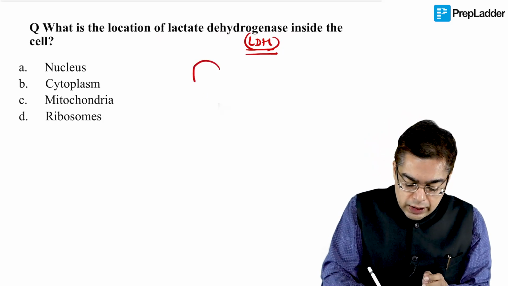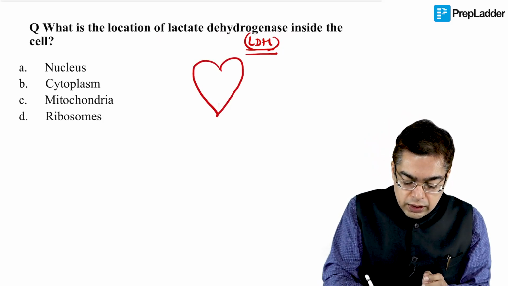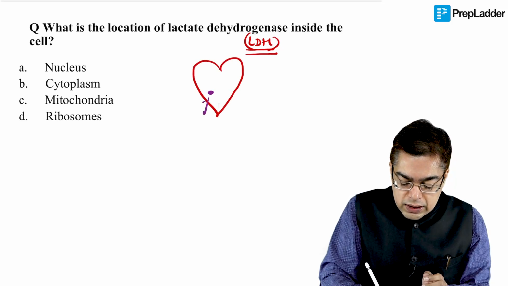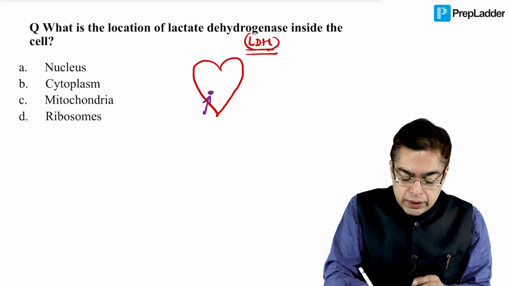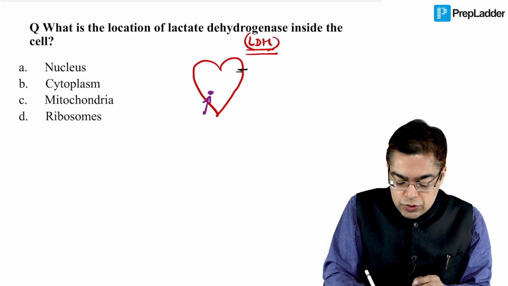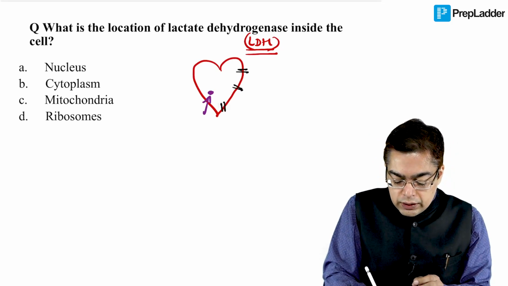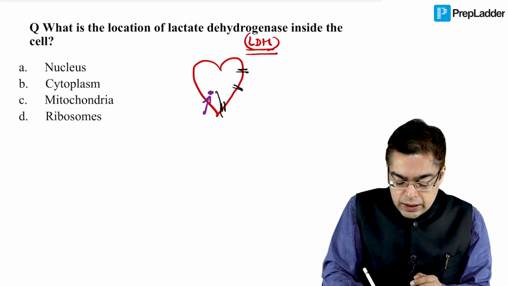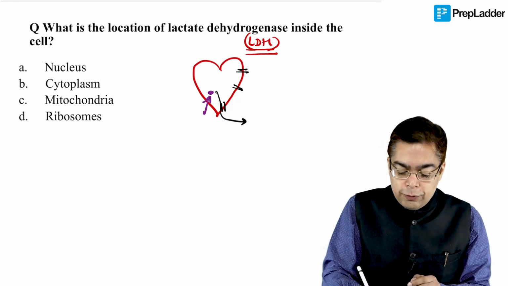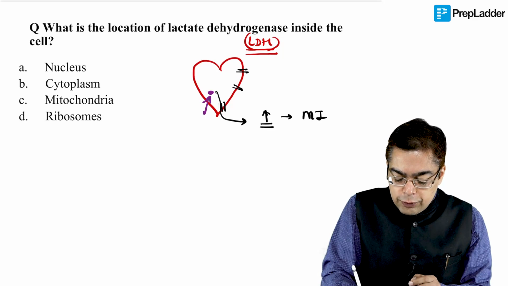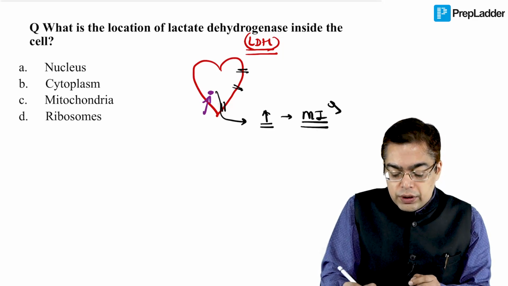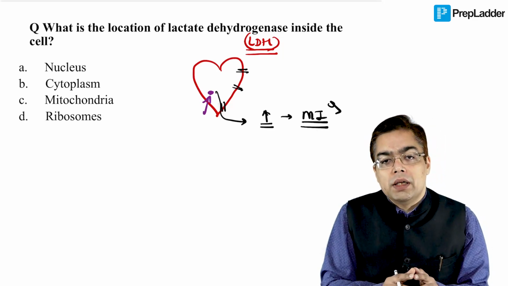As I can help you recall from our discussion earlier, this is the location of the enzyme, which means it is an example of an intracellular cytosolic enzyme. Why did we talk about it? Because I hope you can recall, whenever there is damage at the level of the cardiac cell membrane, this particular enzyme is likely to leak out, and therefore the level of this enzyme increases in the blood. Therefore, it is one of the important markers. And if you can recall, it is the last enzyme to increase in a patient suffering from myocardial infarction.